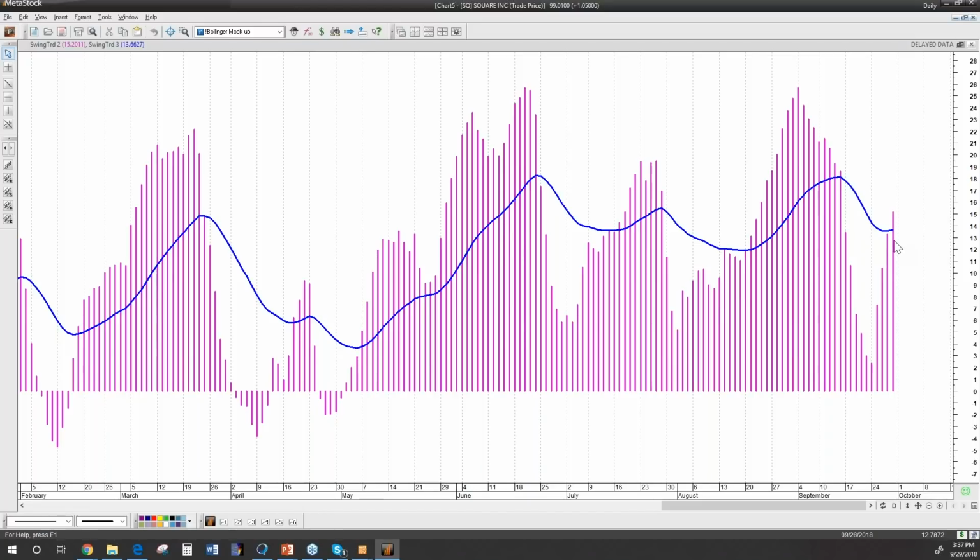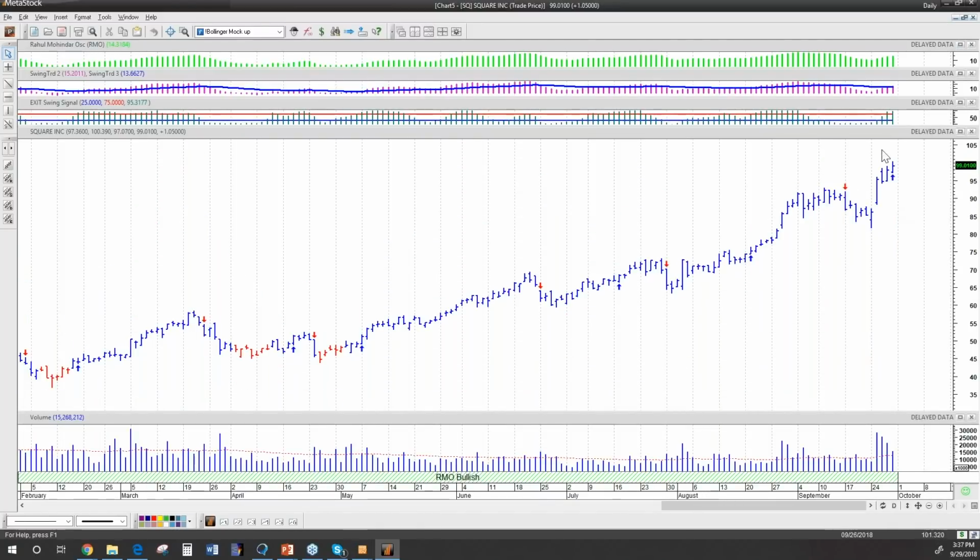And this right here is what Rahul calls a change of momentum, or a change of direction, or a change of force. Okay, and you'll notice that when that happens on the chart, you'll get a little bit of a buy signal here. Okay, when it crossed down to the short side, what you got was a little bit of a sell signal. But if you're looking at this sell signal that happened on 9/17 on this daily chart, what you're going to say is, well, I'm not going short. It's bullish long term and it's bullish short term. Okay, but when that shift of momentum happened